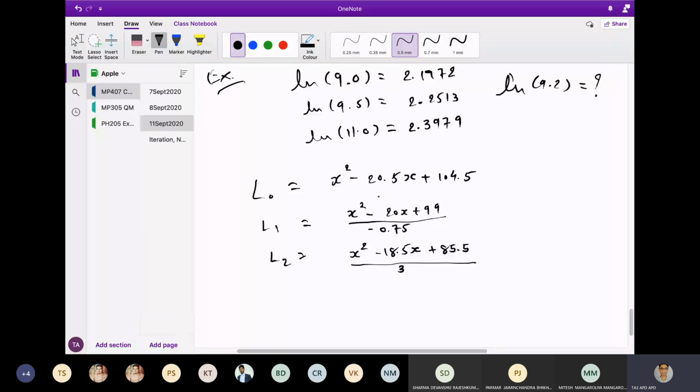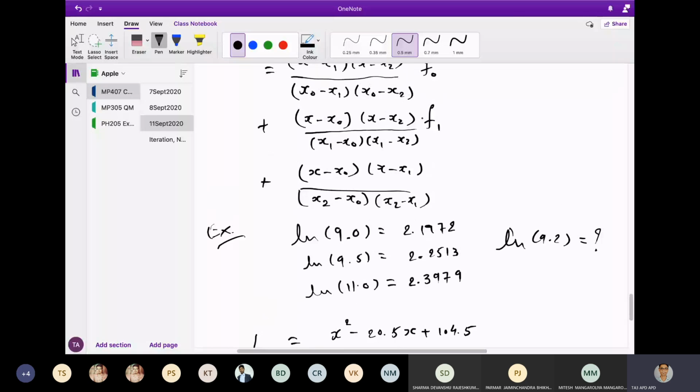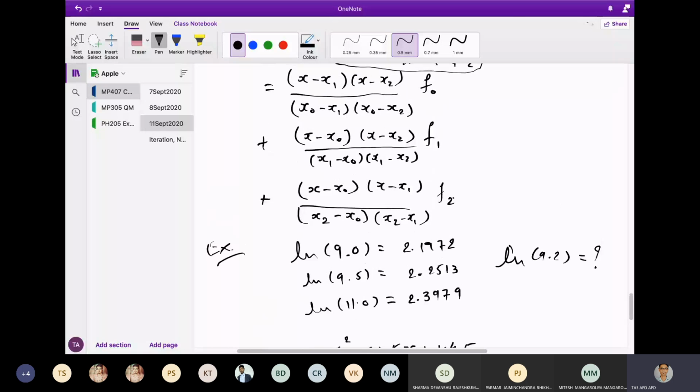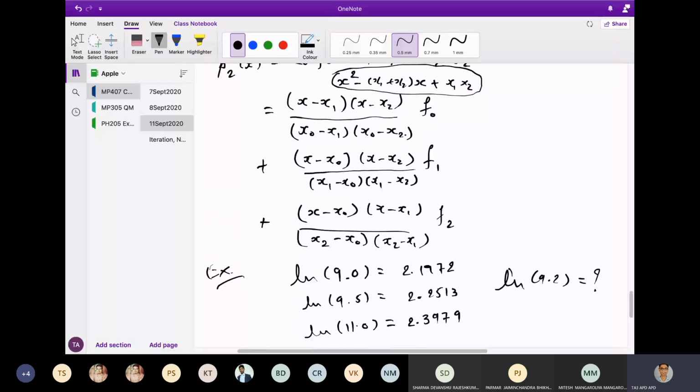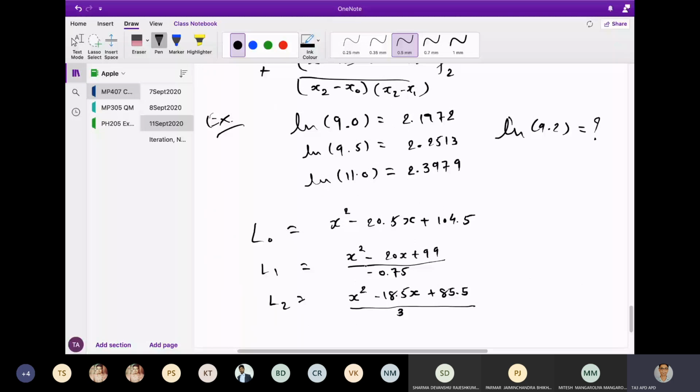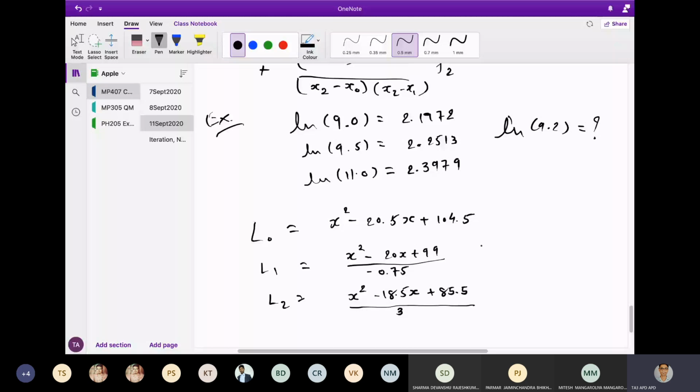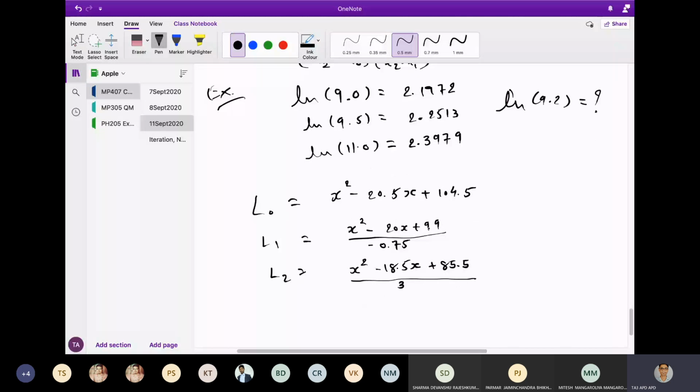I'll just finish it up over here by highlighting what you should be expecting. If you plot these Lagrangians L0, L1, and L2, multiplied by your functions F0, F1, F2, and wherever you have X, you simply replace it by 9.2. That should give you the answer. If I simply write down P2 of 9.2, the second order polynomial, that answer should be equal to